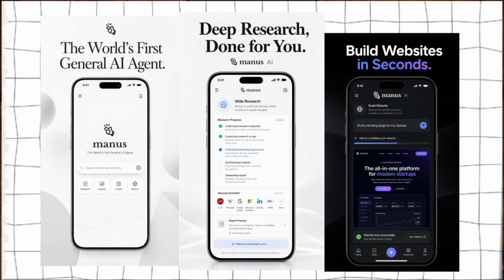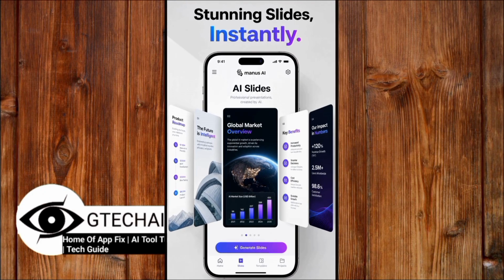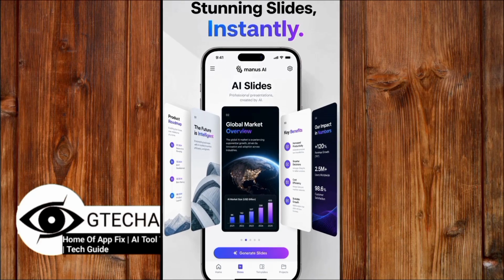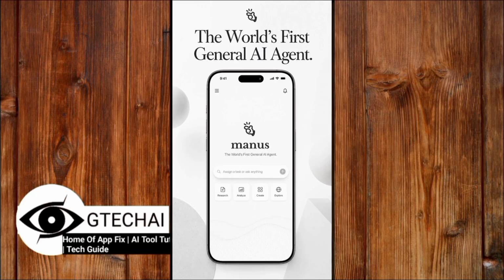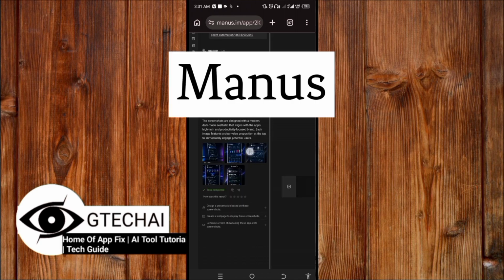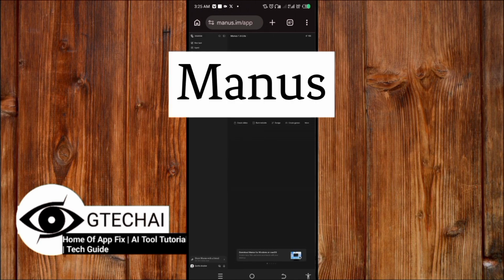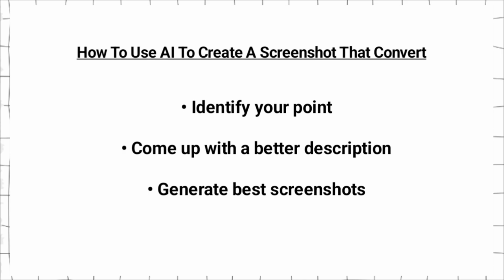Want to create better and best App Store screenshots? In this video tutorial, I will show you how to create App Store screenshots fast with AI. To do it, we use one of the powerful AI agents here, which I'm also collaborating with. Now, before creating best and better screenshots, first you will know this: identify your point,